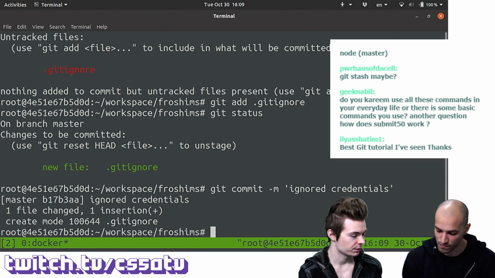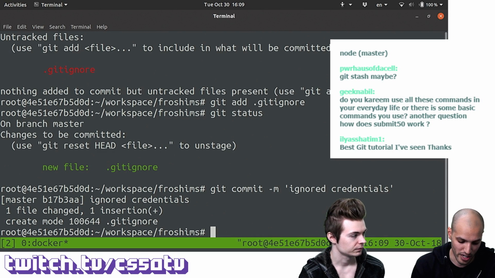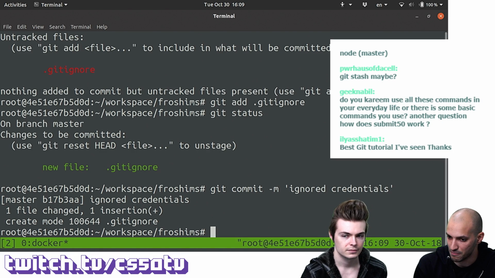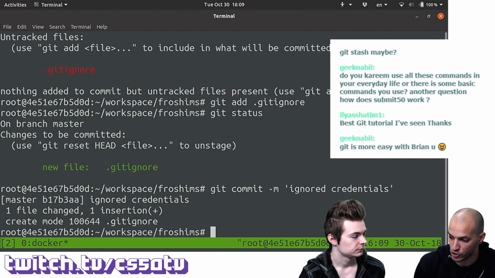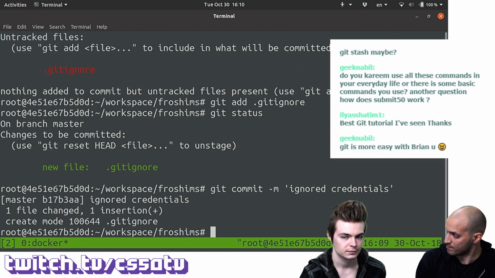So up to now, we've been working with the master branch, right? Up to now, the default branch in this case is the master branch, and usually that's the main or the default branch in any Git repository. Of course, it doesn't have to be the case. It's just a convention. And usually this branch should be always in a good enough state, or a near perfect state. Like we don't want anything to be messed up on this branch, ideally.